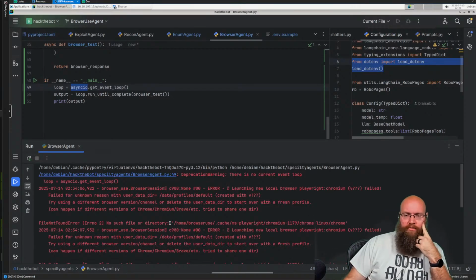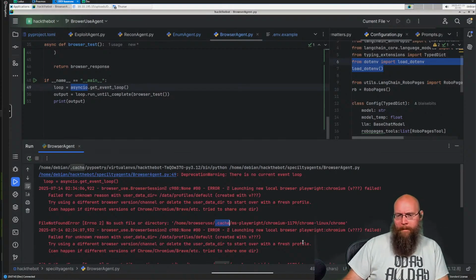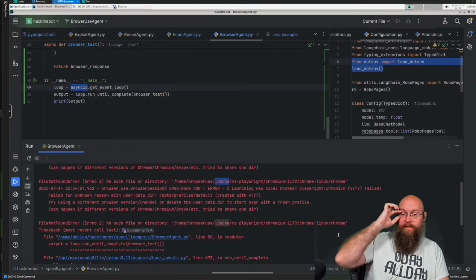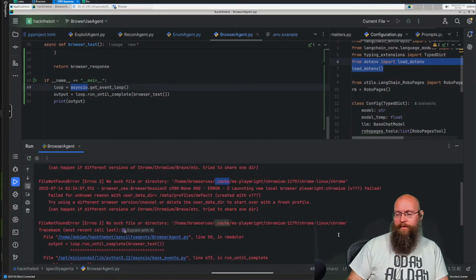So, yeah, but here's the issue, Master, is that it's trying to find home browser use cache MS Playwright. This .cache file, for some reason, does not exist. So it's trying to connect over to it, get a list of the tools, but when browser use pops up, it's trying to find a browser that doesn't exist. It should have been installed as part of Playwright in here.